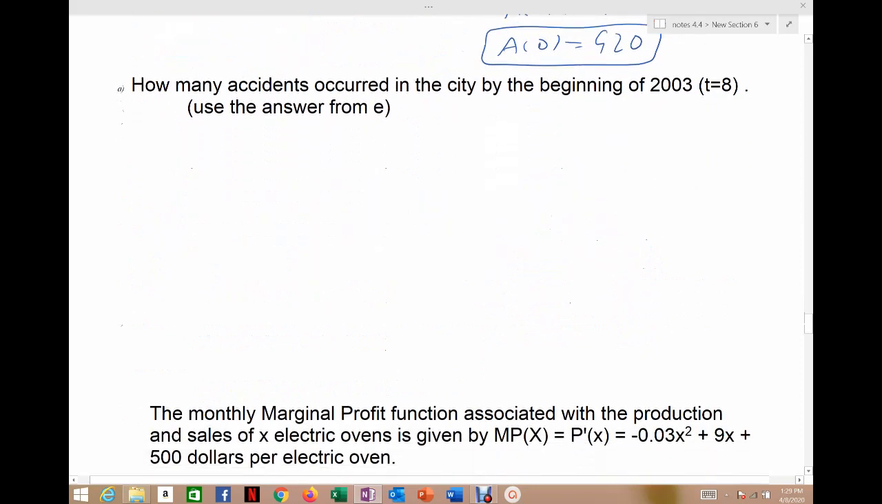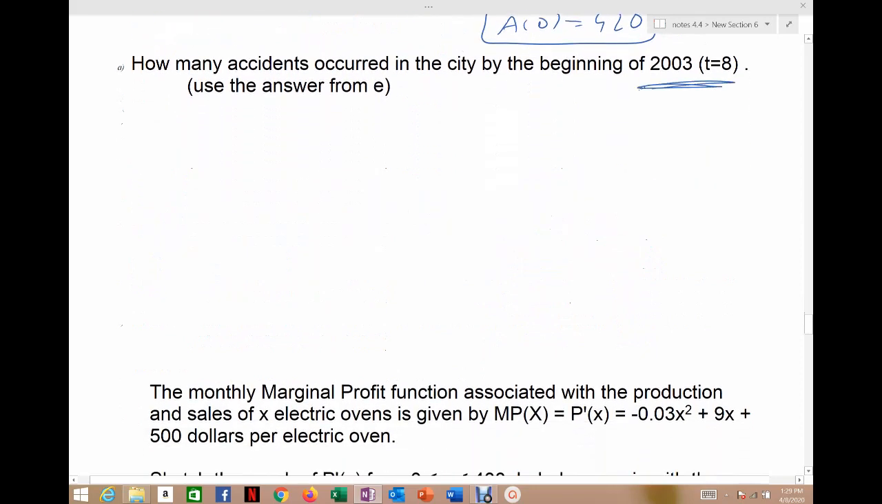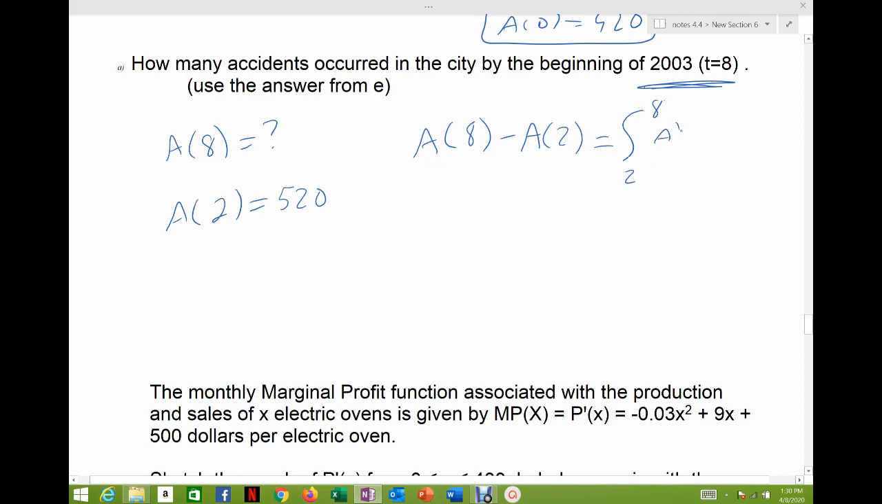Alright, we want to know how many there were at the beginning of 2003. And so that would be 8 years into the study. So we're looking for a number of accidents after 8 years. We know the number of accidents after 2 years. And I would use the one that we're given, not the one we found, just in case I made a mistake. I know 2 years into the study in 1997, there were 520. And so I'm going to use that information. So the first thing I'm going to figure out is, well, how much did we gain or lose in the number of accidents from the 2nd year to the 8th year? So I'm going to use my areas to do that. All right, so I'm going to add and subtract between 2 and 8. All right, so between 2 and